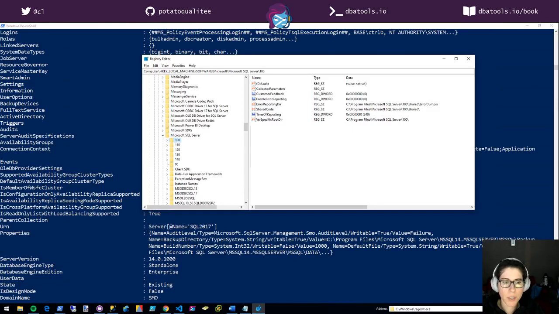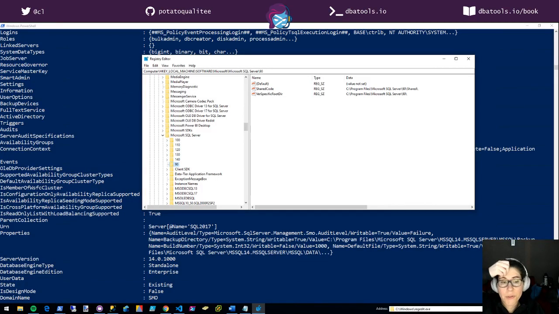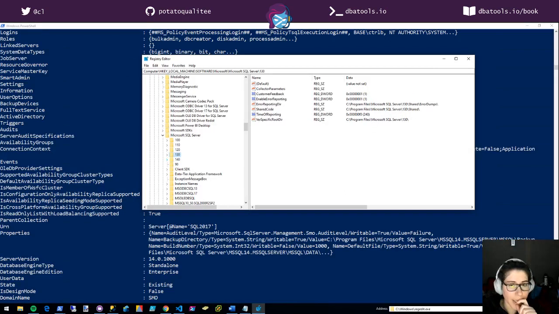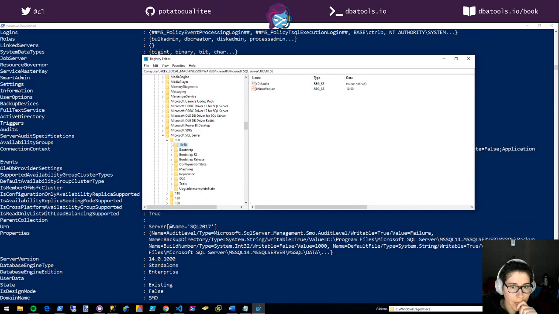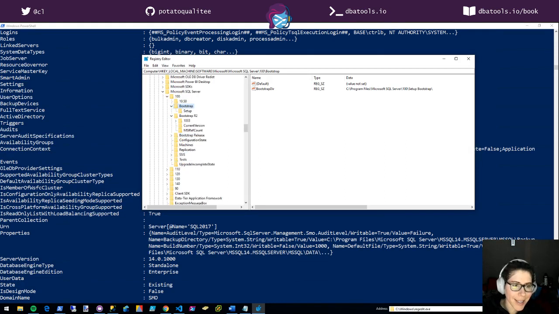I'm going to put in 100, 110, 120, 130, 140, and all the way up. And if those exist, then it'll look inside for that. So 90. We were looking for a key. We're looking for that bootstrap. Look at that bootstrap R2. Yuck. I'm guessing that if I go to like 110 bootstrap, nope, it's not there.